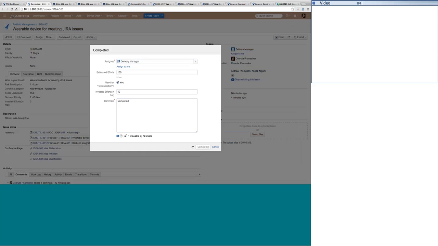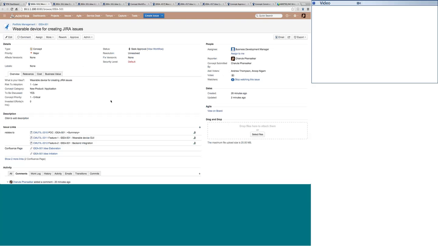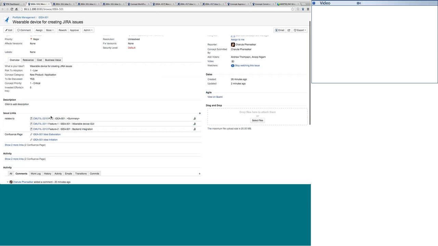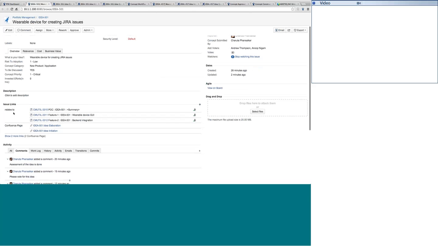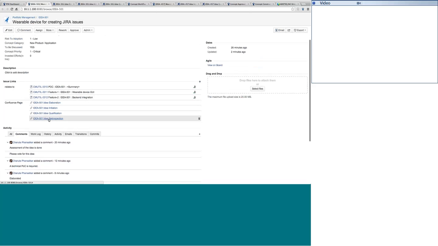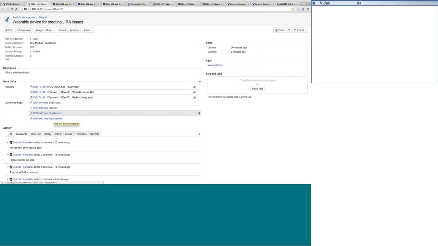Whenever we require a retrospection, of course, I understand that we cannot capture it just on the Jira issue. So again, here you can see that you can have a retrospection page which can be attached to this Jira issue. Why are we doing this on Confluence, capturing so much information around this particular concept? Just imagine that if you want to have a look at the overall ideas that are flowing in your organization, how would you do that?